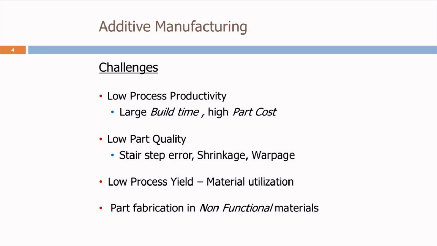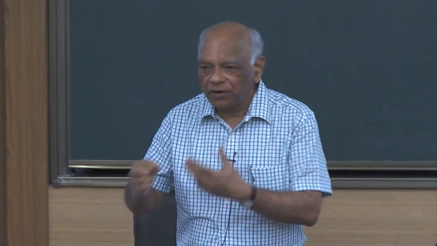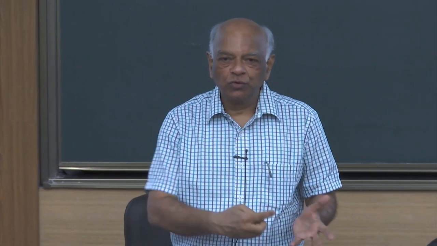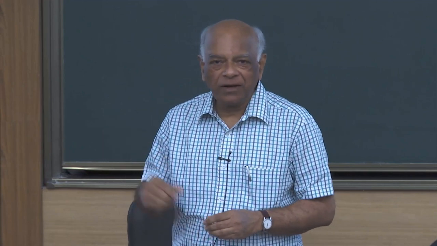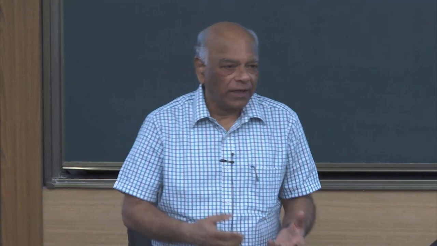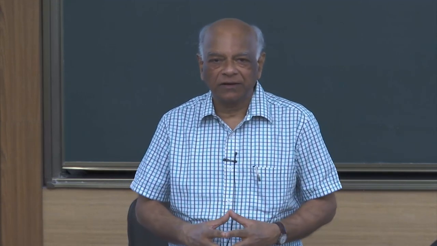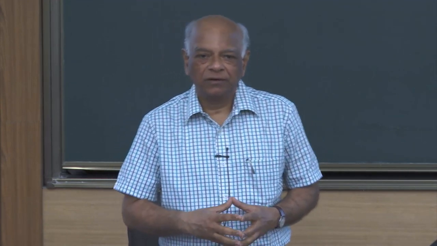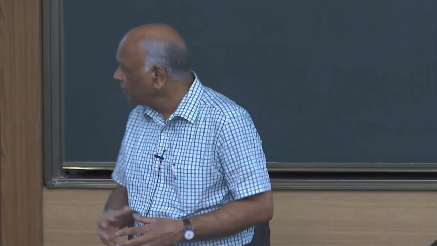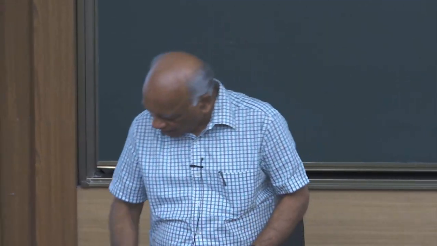And the last and the most important point is that it fabricates a part today in non-functional materials. For example, normally we choose a material or a heat transfer or a process or heat treatment to suit the product function. But here we are building the part just for the purpose of prototyping, which are many times built in nylon, ABS, ceramics, polymers here and there, which are not the functional materials which are actually used in the component or the assembly. So these challenges need to be addressed,